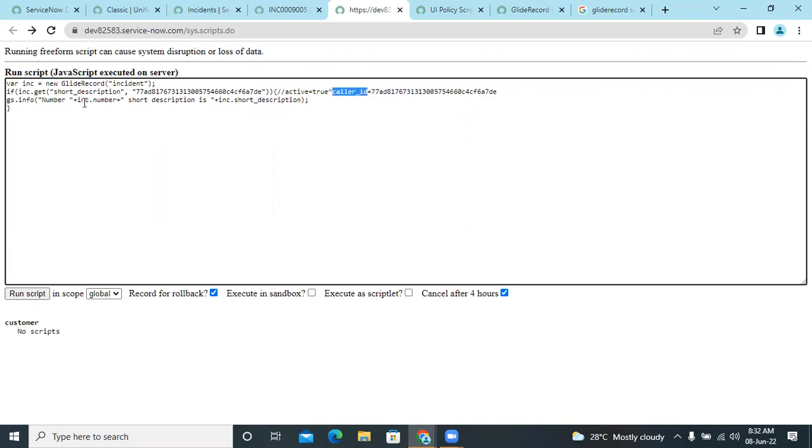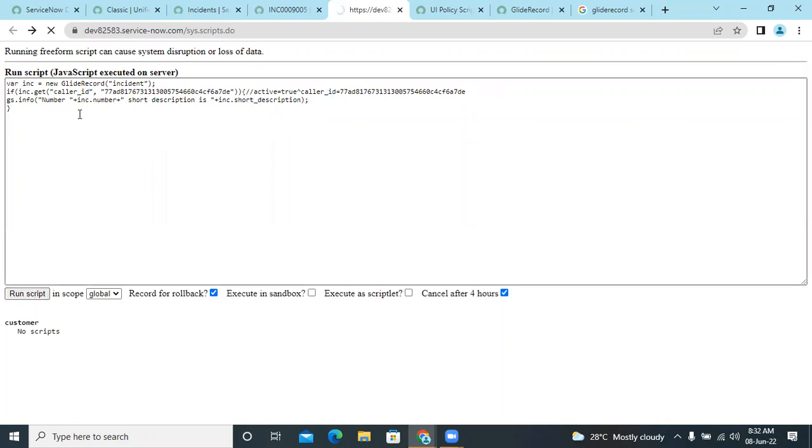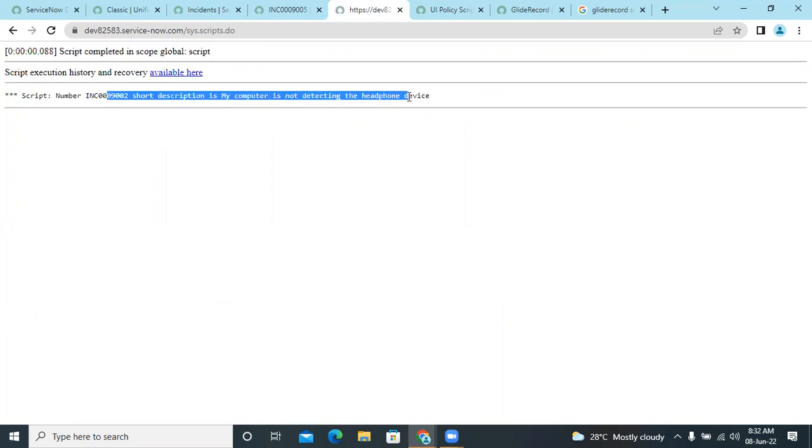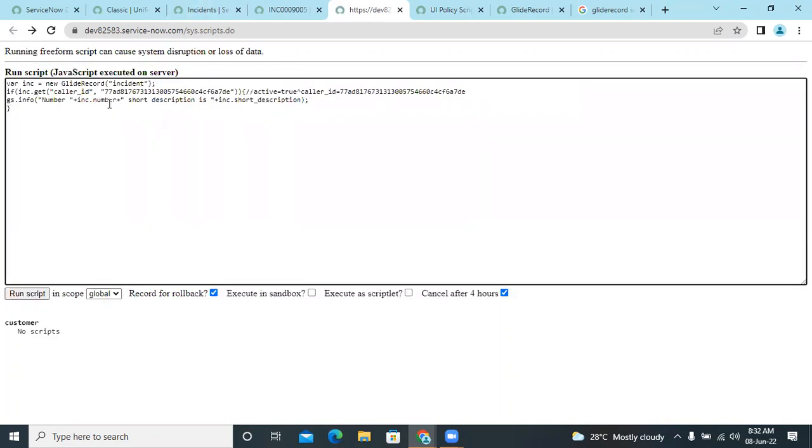The field name is caller ID. So in this case, it will get all the records with this caller ID. Okay. So here I'm using if. That's why it only prints one thing, one record. So if you want multiple records, then what you can do, if